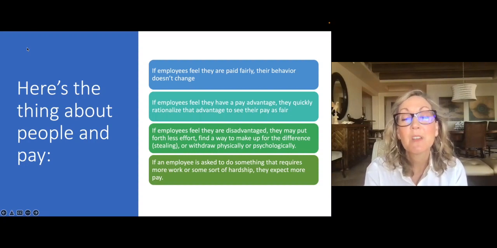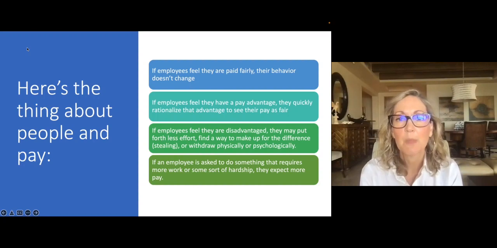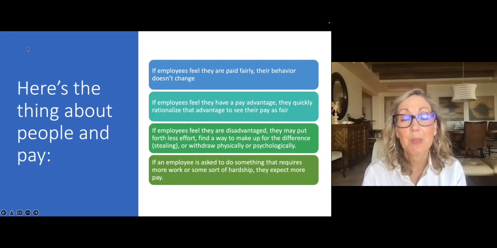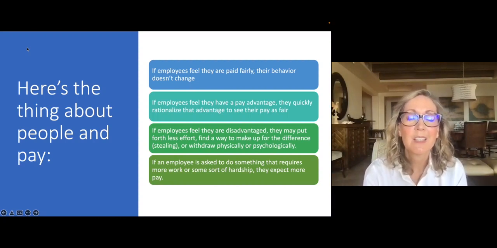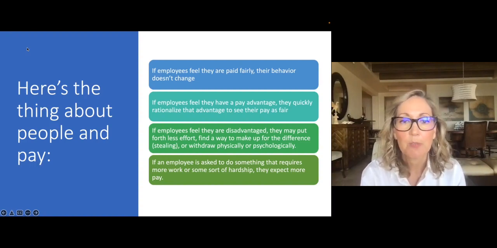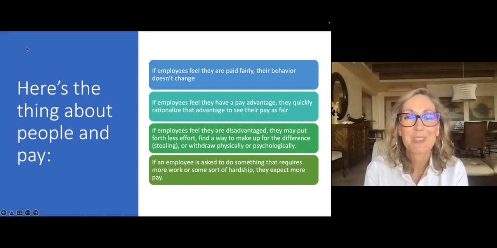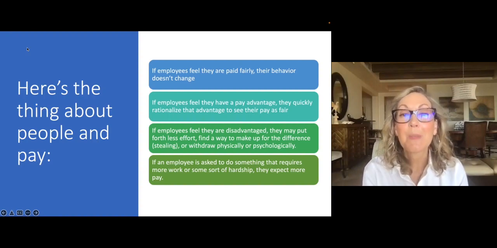You may even go so far as stealing from the company, and that could be legitimately big, like taking money out of the cash register. And it can be small things that people, again, rationalize. They don't pay me enough, so I'm just going to take this toilet paper home with me. They don't pay me enough, I'm just going to take this box of pencils. I need some paper at home, I'm going to take some computer paper from work, which is technically still stealing, just for the record. So if you're wondering if that's okay, it's not. It's stealing. And that is often why people think it's okay to steal, because they aren't paying me what they should.